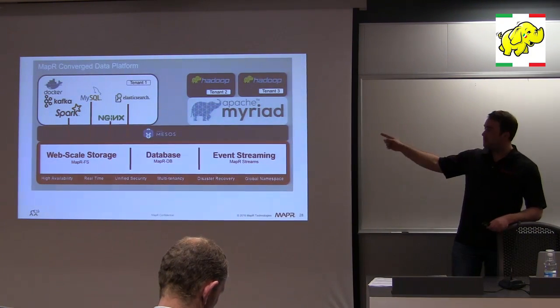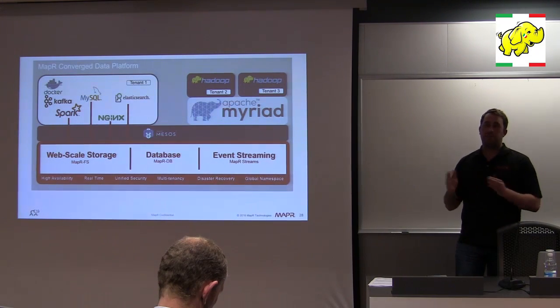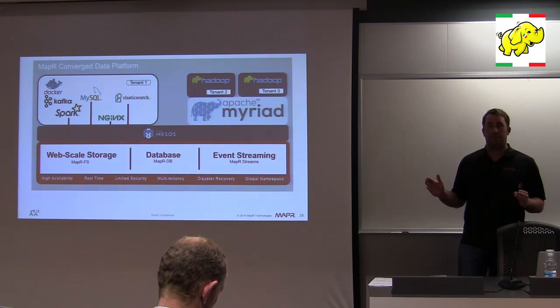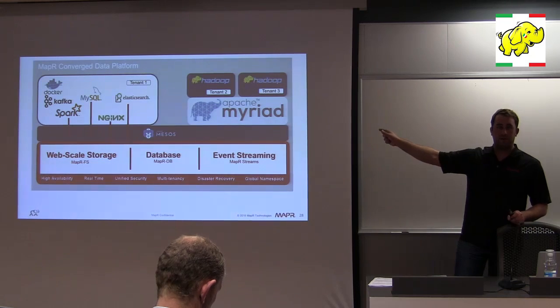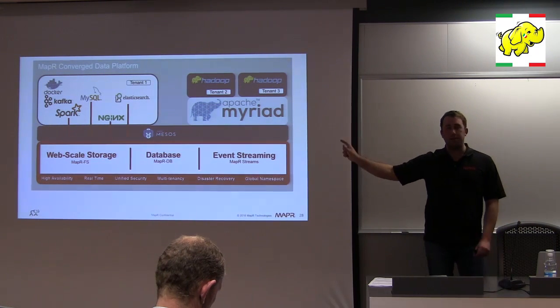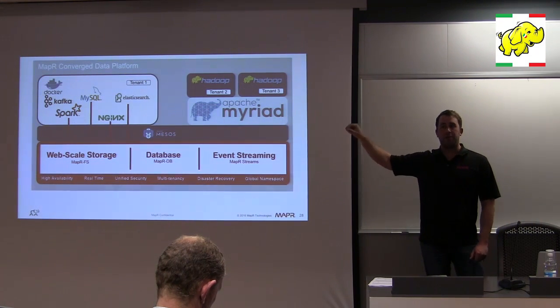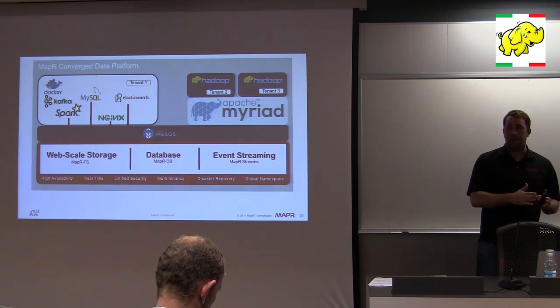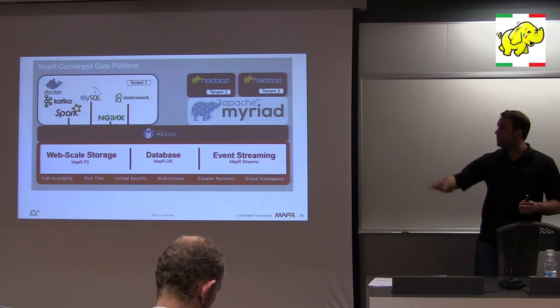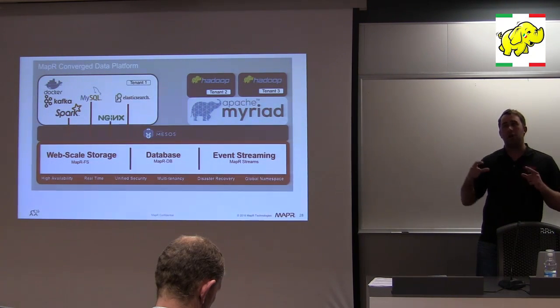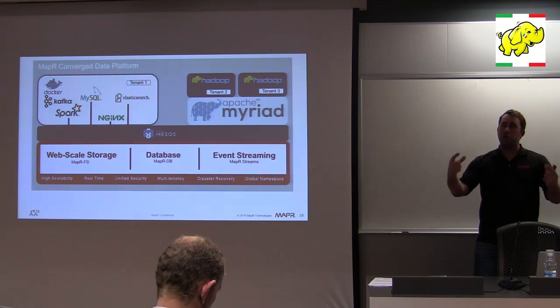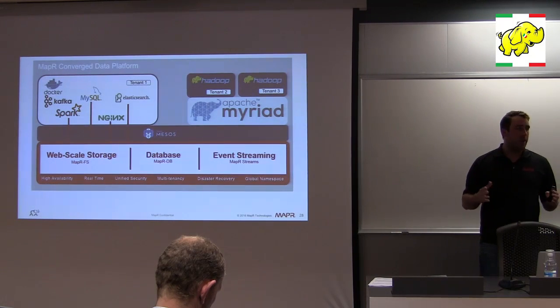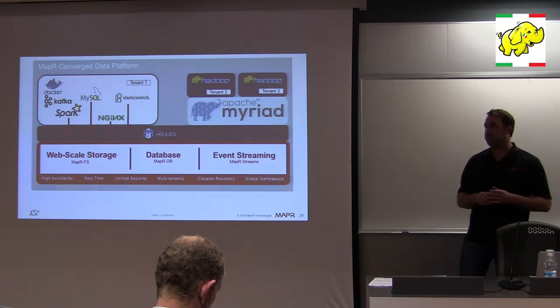But what if I could use the same capacity to spin up a Hadoop cluster at the same time? And this is what Myriad gives you. Myriad is the ability to dynamically add resources to Hadoop. So that means if you need fewer containers or fewer other workloads, Myriad has the ability to give those free resources to Hadoop clusters, which could then run for a limited amount of time to produce certain jobs.